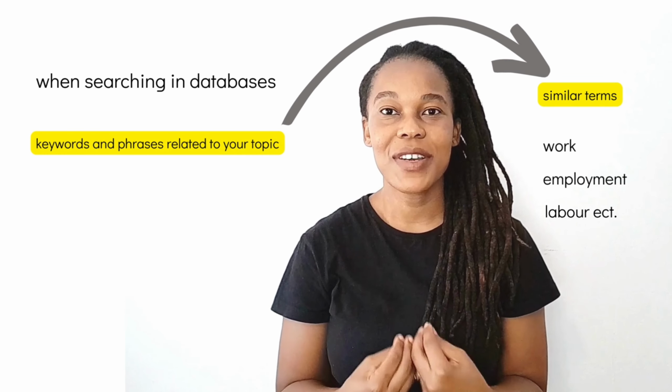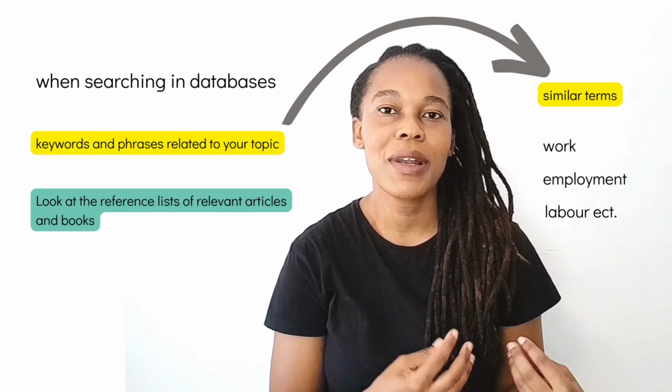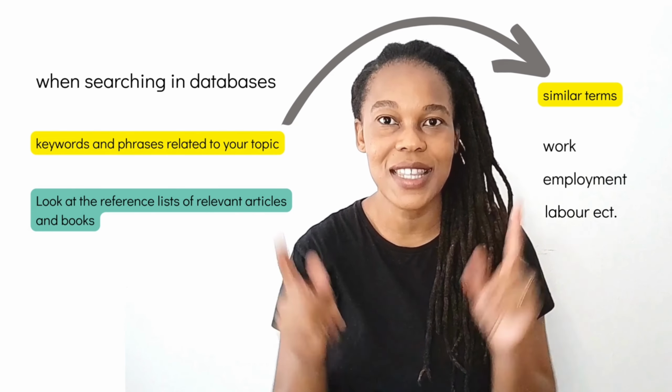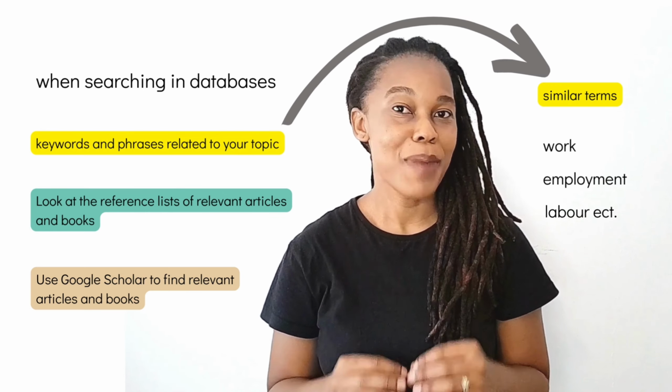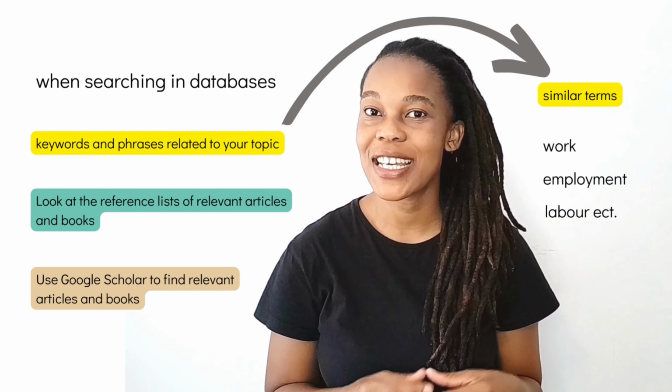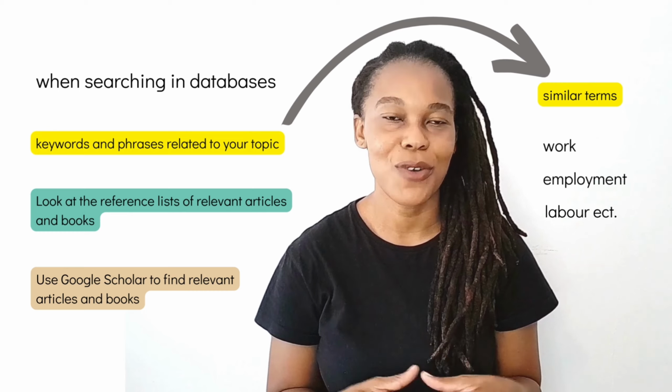When you get the relevant articles or the book, please pay attention to the bibliography because there you will get more relevant sources. Google Scholar is a gold mine of published research, and ResearchGate and Academia are gold mines of unpublished research. Once you have your sources, the next step is to structure your